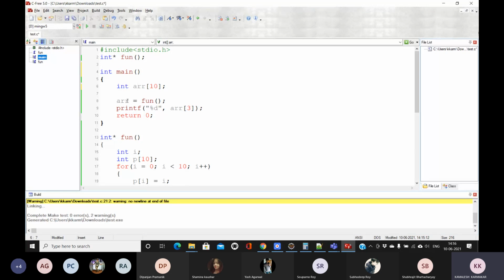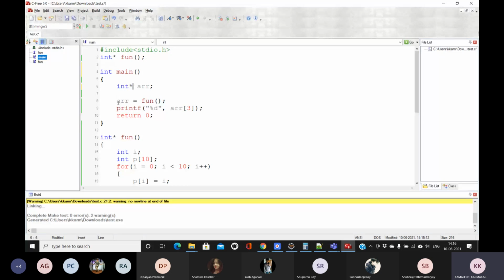Later on I can't update ARR by some value. ARR represents the base address, and the base address cannot be changed. So we can't declare it in this way. Here we have to receive it using a pointer.